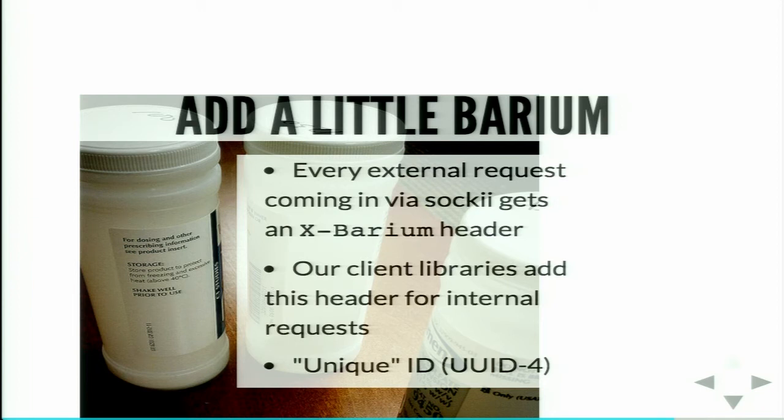The alerting system loads up the payload into a database, adds the X-Barium header to a field in the database, and then our alerting cluster, which processes all these payloads in an offline process, will also unpack this Barium header, add it onto the next part of the process, and the next part of the process. And eventually it will hit another service, a notification service, if there was an alert sent.